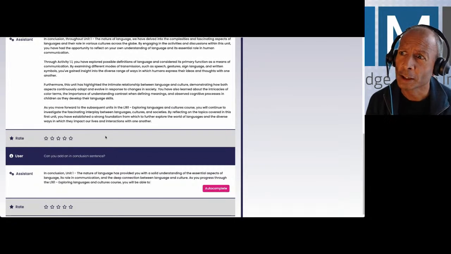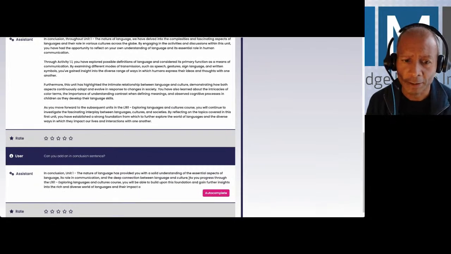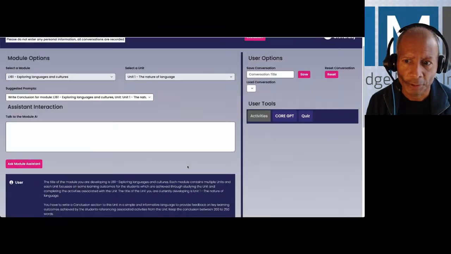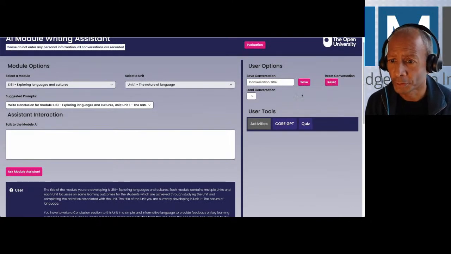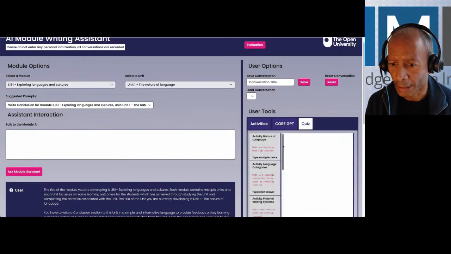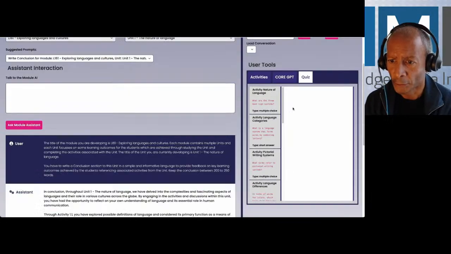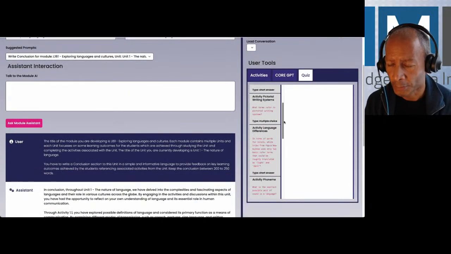So we've done some initial analysis of this, and if you're careful, then the writing is comparable to the writing of the academics in some cases. Other things we can do, which we haven't tested, but we've